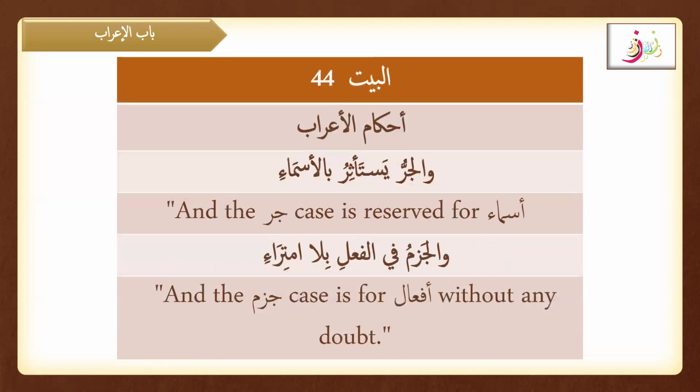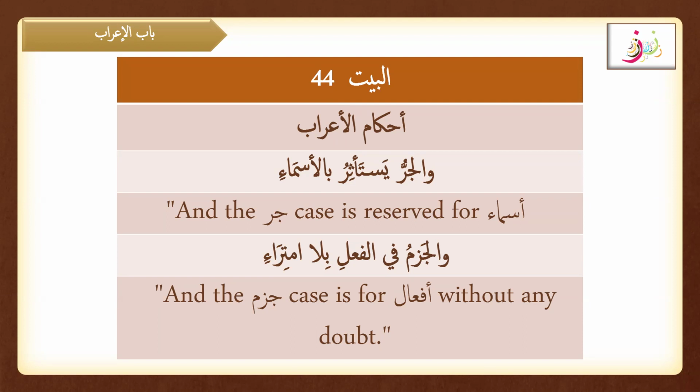Then we have the bait 44, that is والجر يستأثر بالأسماء, and the jar case is reserved for asma, because we know that for fi'l mudari we have only three states, and those are rafa, nasab, and the jazm state. So Imam al-Hariri is telling us that the jar yasta'thiru, it is specified or exclusive,